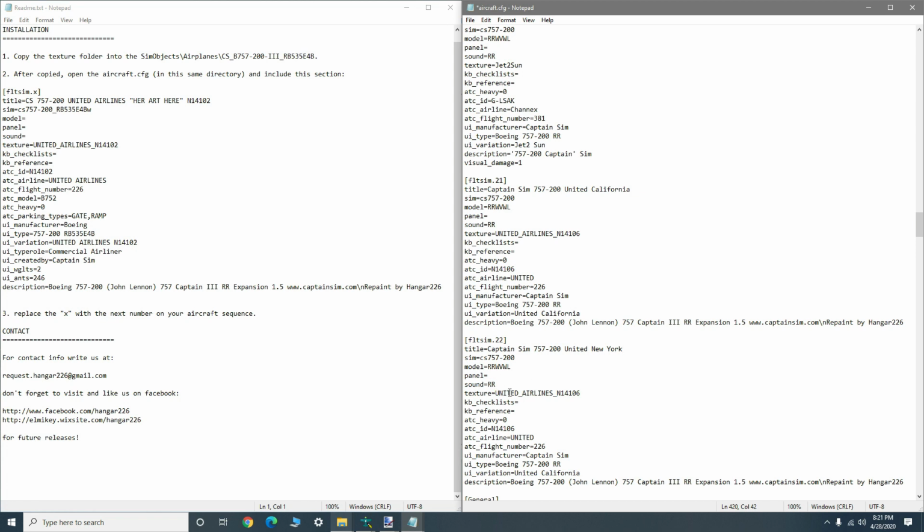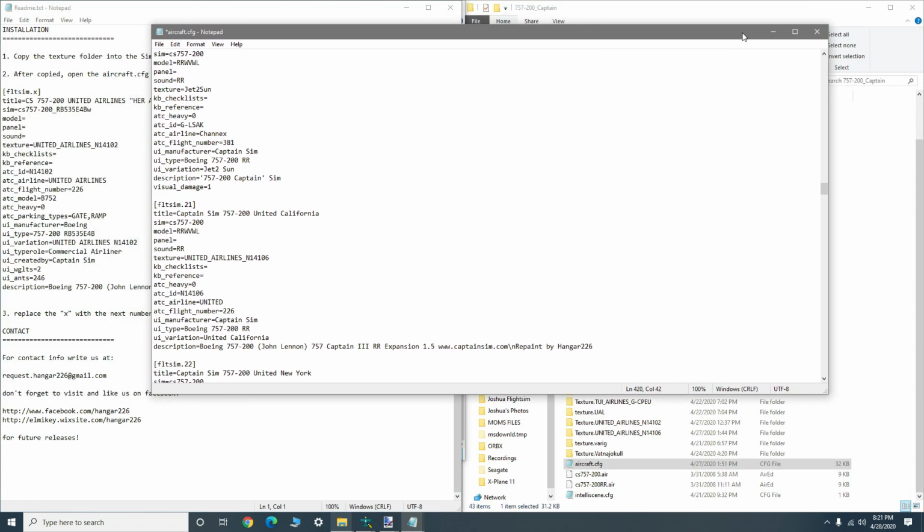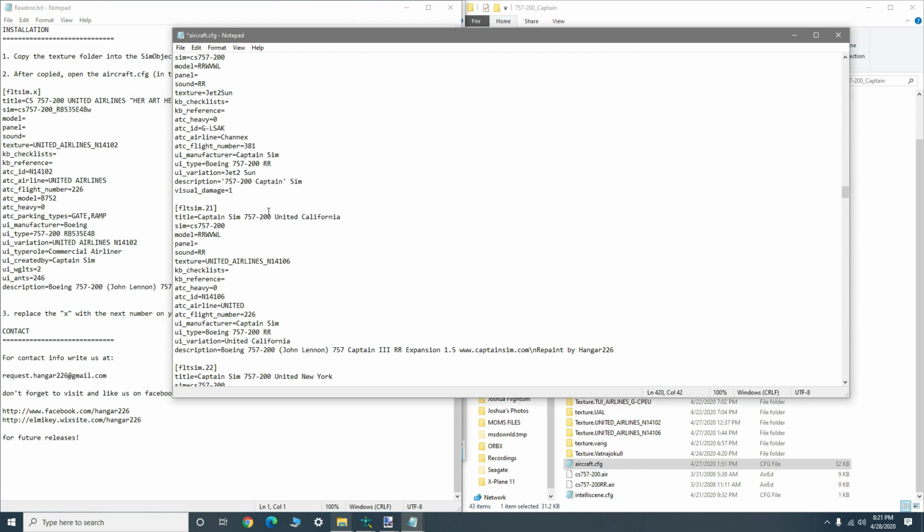Leave that all alone. Texture is United Airlines, N14102. There we go. And then ATC ID, just change that to 2. Everything else is the same. New York, and leave that as that. Then all you have to do is,